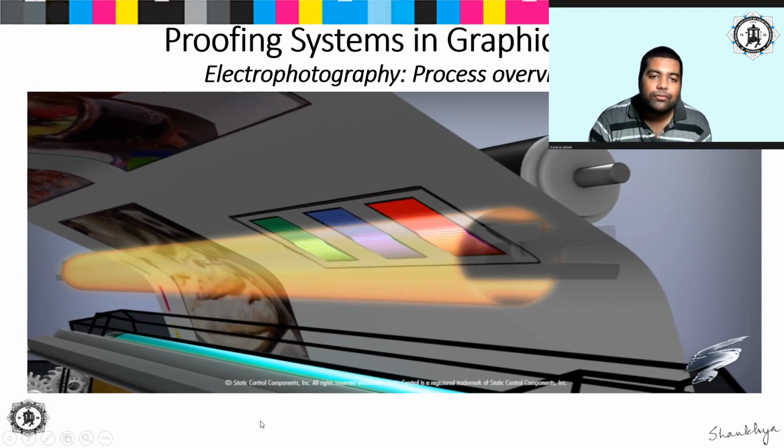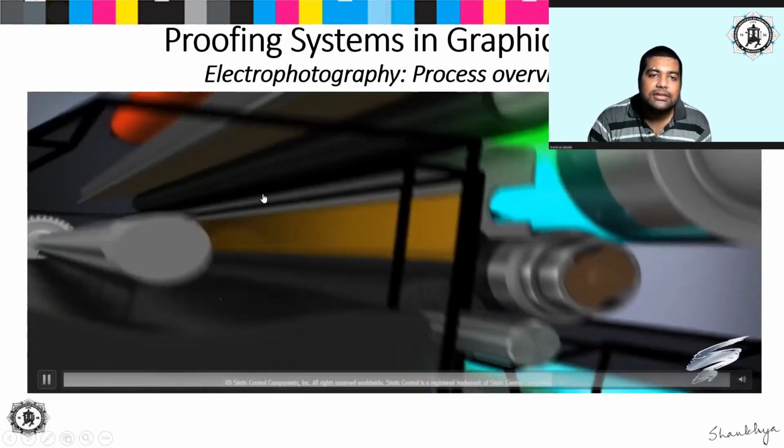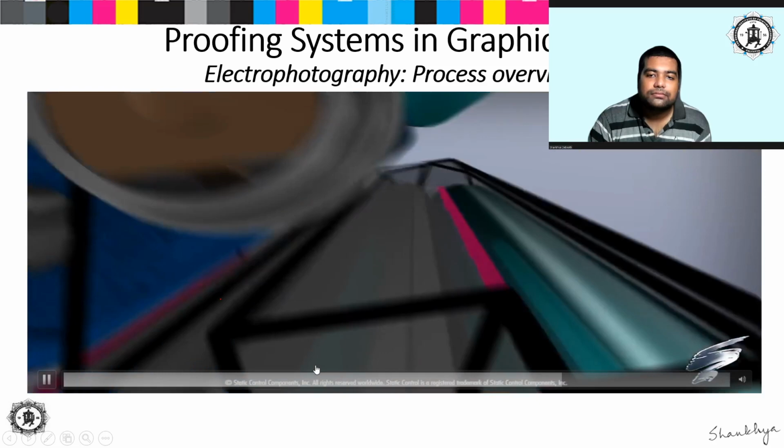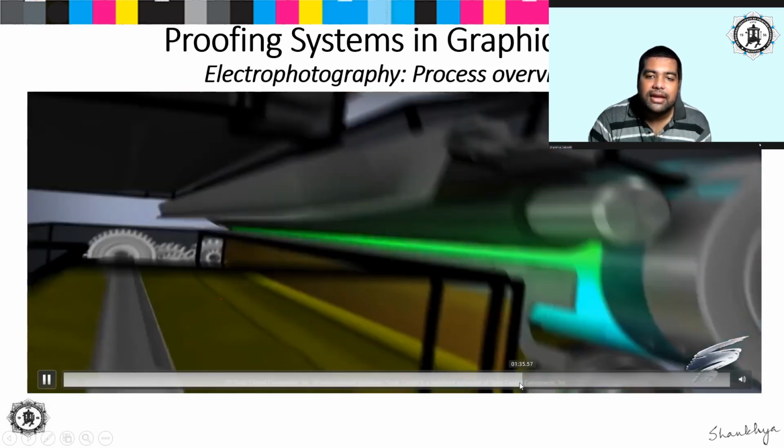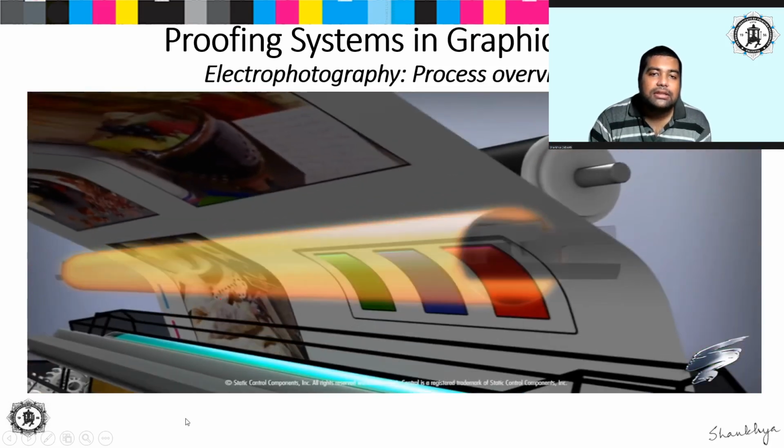Where it is melted and fused to the paper. This is basically where the paper passes with the toner through what you see in front of you, which is known as a fusing roller. What it does is it is heated, and due to the heat that it passes on to the paper and the toner particles on the paper, the toner particles start to melt and fuse together on top of the paper, and that is how you ensure that the ink will stay on top of the paper.